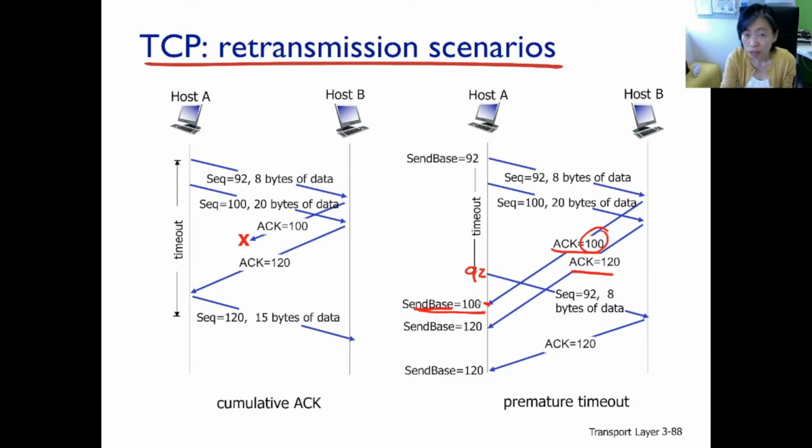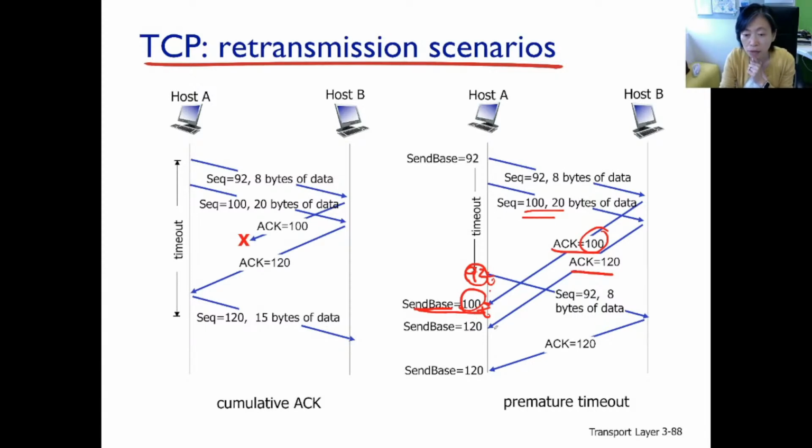And do we restart the timer or stop the timer here? Well, there is still an outstanding packet, right? Which is this one. So we cannot yet stop the timer. So the timer is refreshed here. The timer for 92 is restarted here because, hey, timeout occurred, retransmit everything, start timer. So there's already a timer ticking from here that is associated with sequence number 92. But here, we restart the timer, and this timer is associated with send base 100.